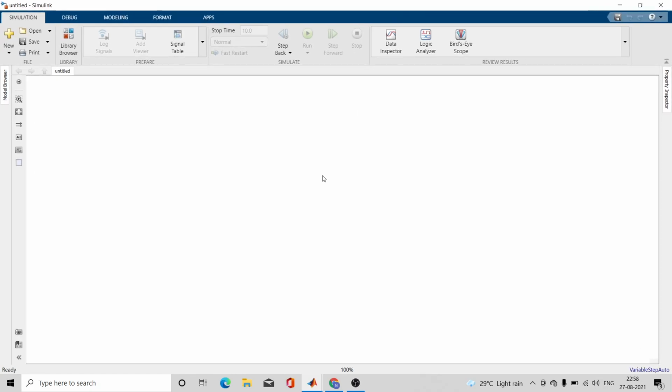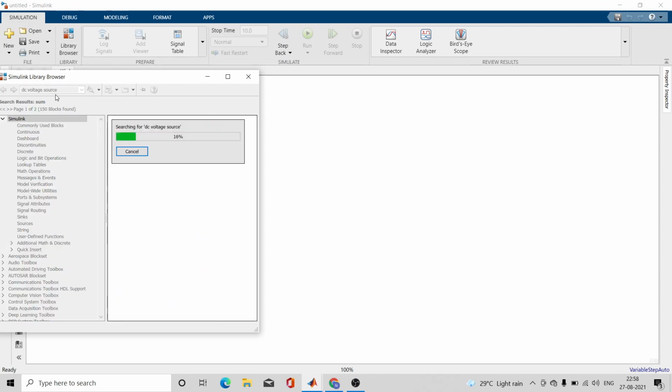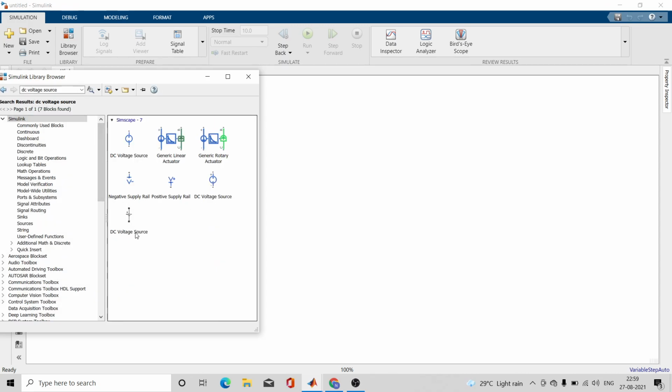Basically we will require a DC supply. You can take the components from the library browser. You can click on library browser and take the respective components. First of all, we will require a DC voltage source. You have to take the values which are in a black colored font. I will also tell you when you have to use the blue colored fonts, but in upcoming lectures. So take this source over here, right click on it, click on add block to model, and then automatically it will come over here.